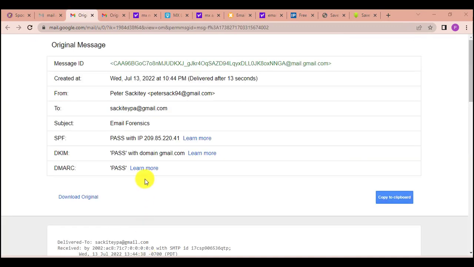When you go to show original, you have the original message. Within the header, you have the message ID that is generated by the mail server, and the domain mail.gmail.com, then the time created and the date. Then you have the from field, the domain where the message is coming from, which is gmail.com. And then who is receiving the message, the recipient at gmail.com, the subject of it,